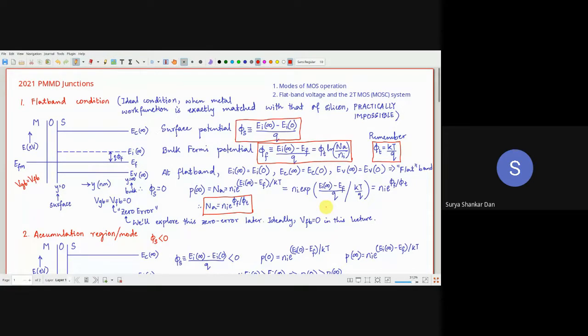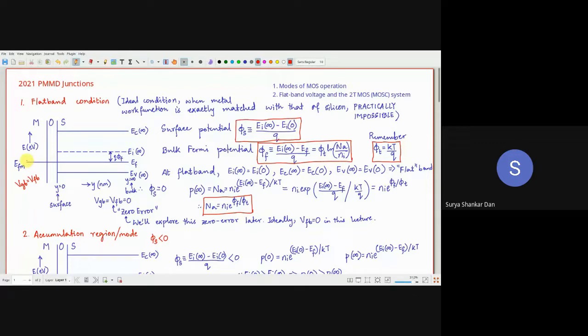Okay, so now what we will do is, the bulk potential is this, you all understood this. Now this is the case of flat band. Flat band means provided there is no zero error. Whatever Prithviraj said is correct, we will look into that in more detail later. So if there is no zero error, like when you are standing on the weighing machine and before standing you can see that zero is zero over there. But if there is a zero error, that is, the flat band voltage is not zero, then what is the situation?